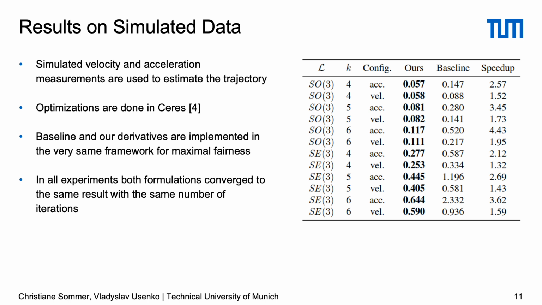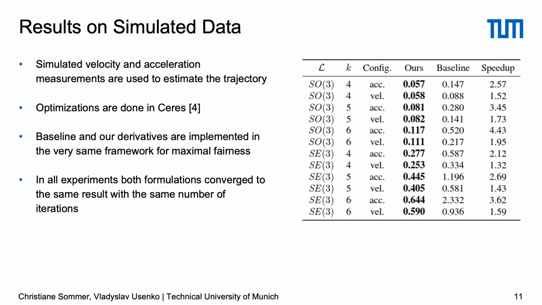The last column of the table shows speedup factors for different configurations. Our formulation is faster than the baseline in all cases, and the speedup grows with the order of the spline. Speedup factors with acceleration measurements are larger than with velocity measurements because the baseline formulation requires a cubic number of matrix operations to compute accelerations and quadratic for velocities, while our formulation needs only a linear number of matrix operations